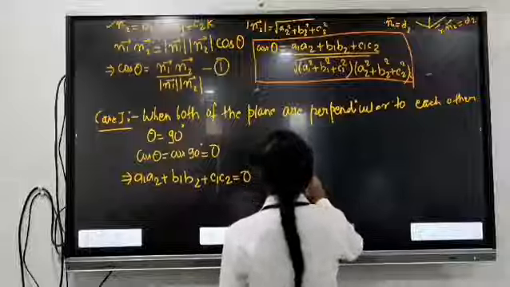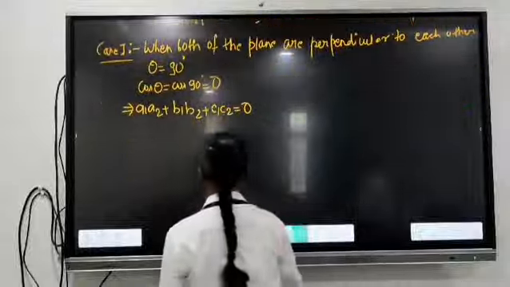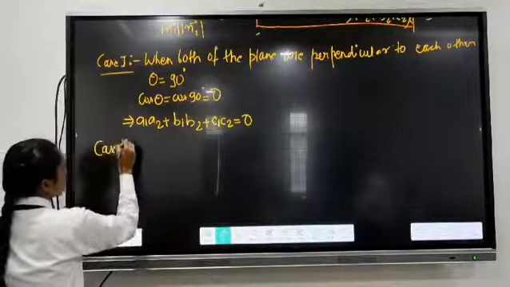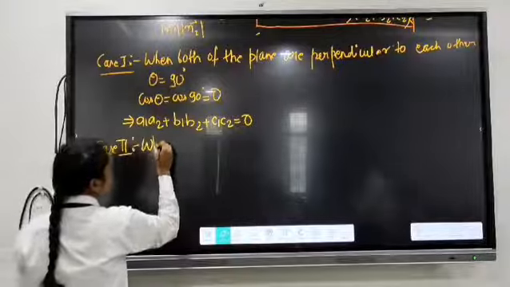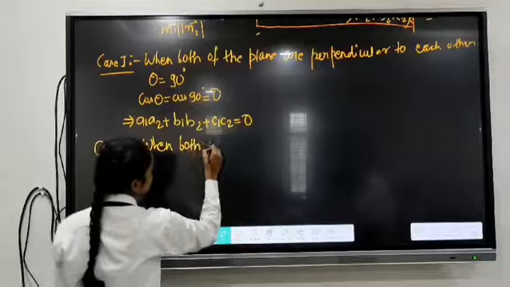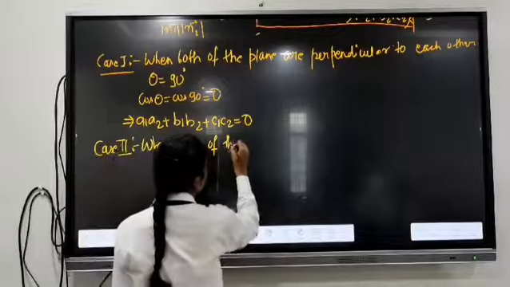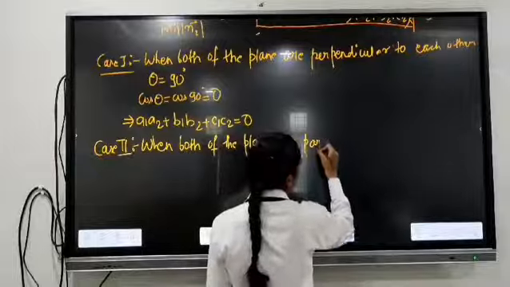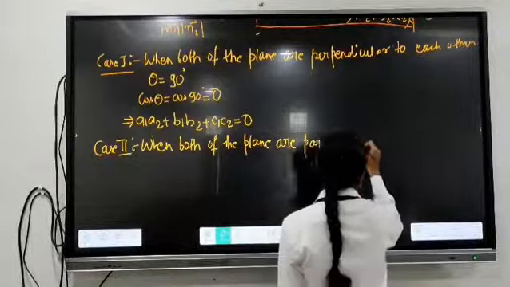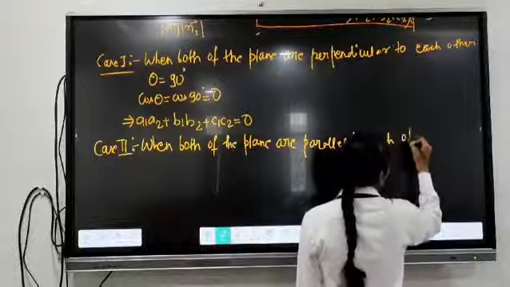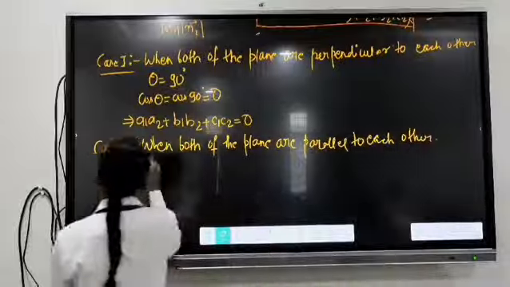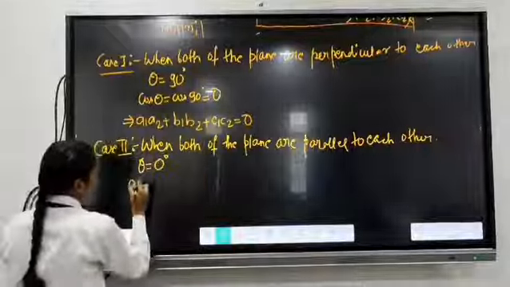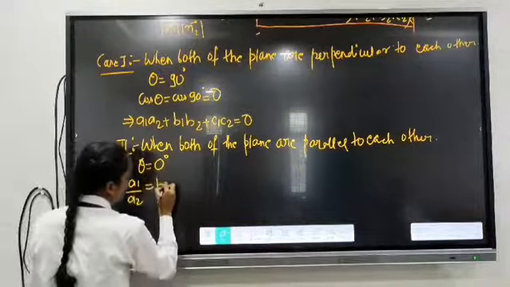Now the second condition is when both of the planes are parallel to each other. Parallel to each other means the angle between the two planes is 0 degrees. So after substituting the value in the main formula, you will get a1 by a2 equals b1 by b2